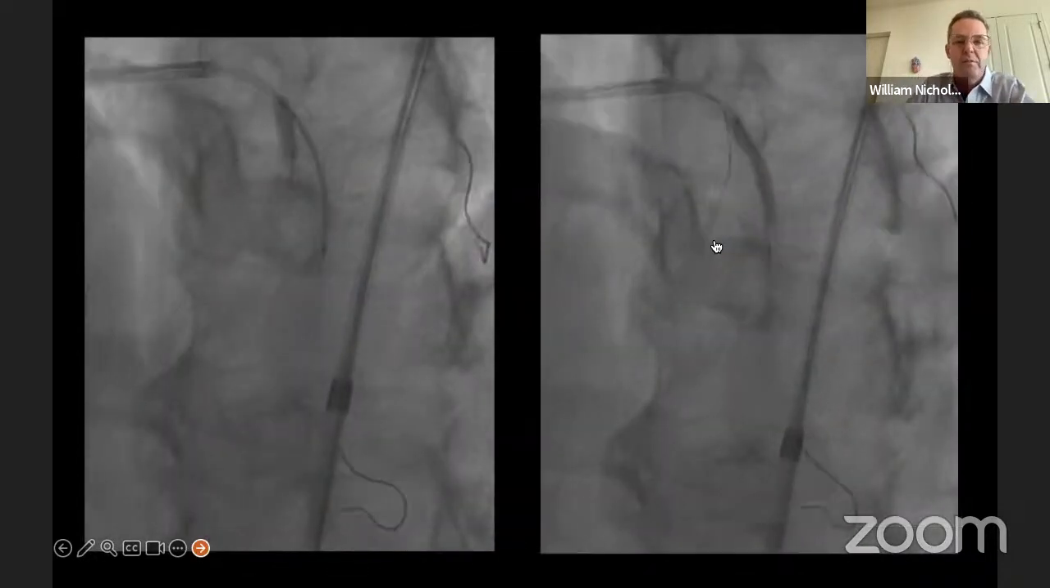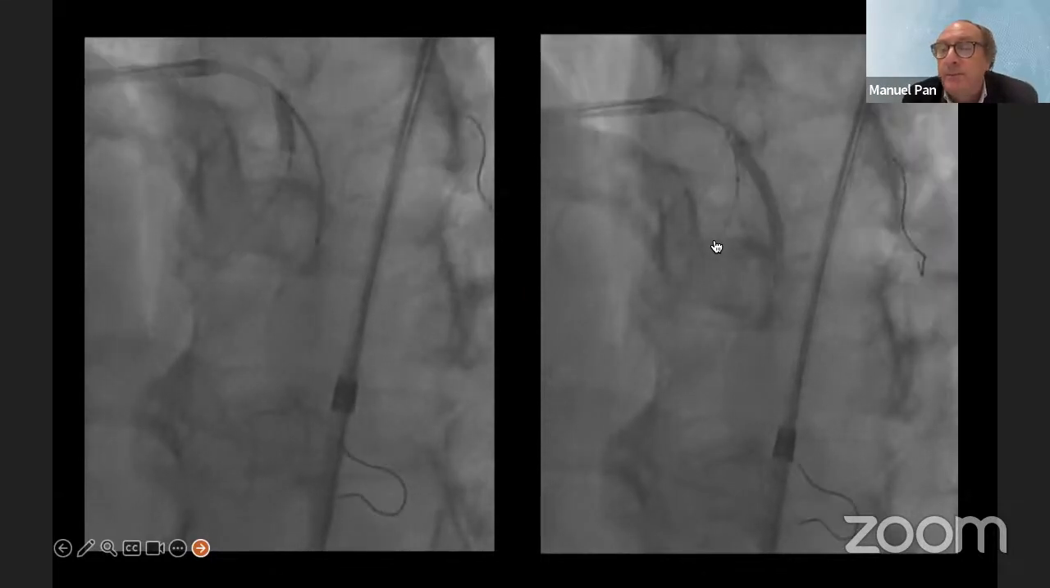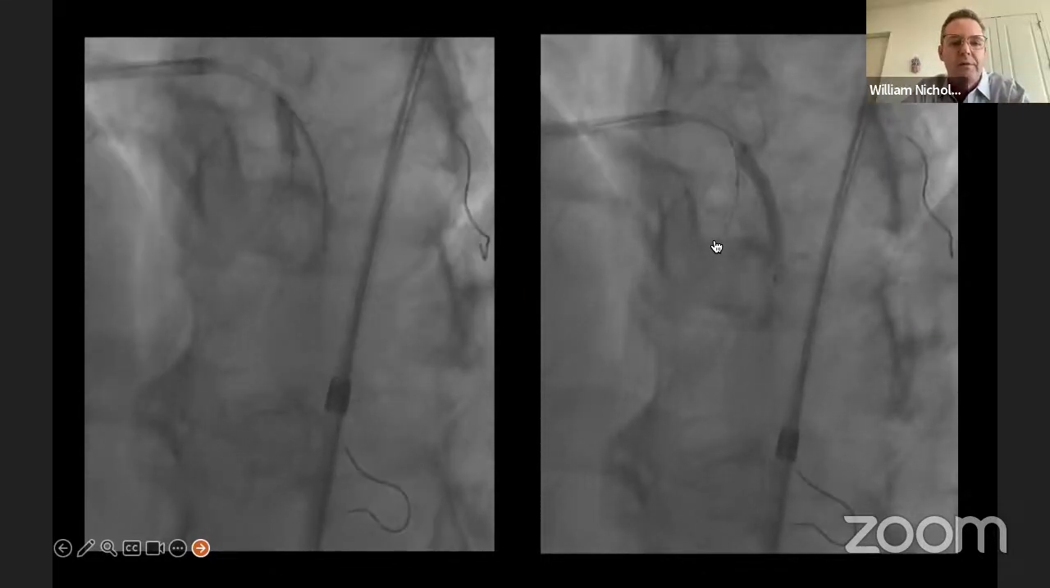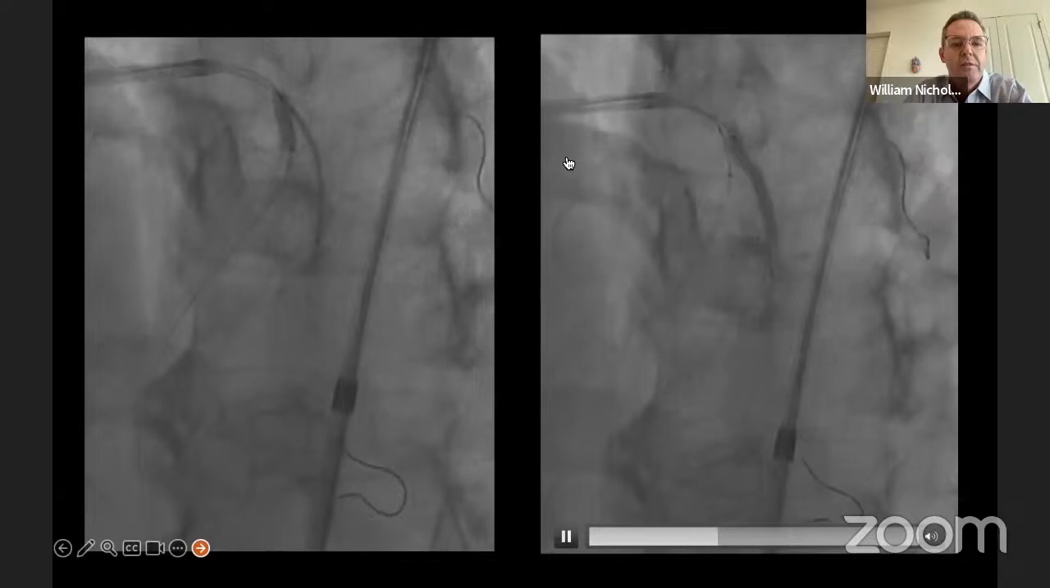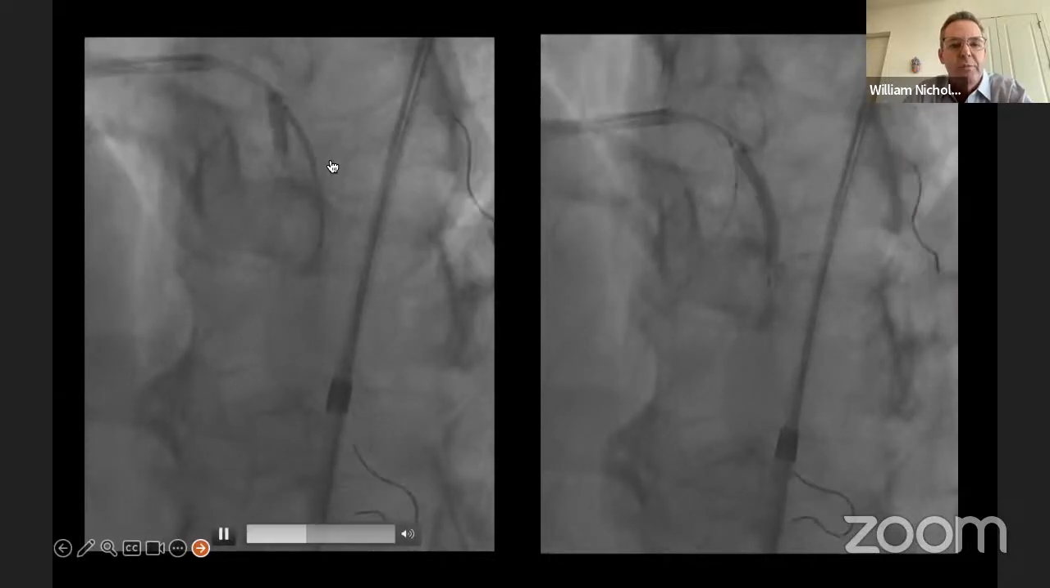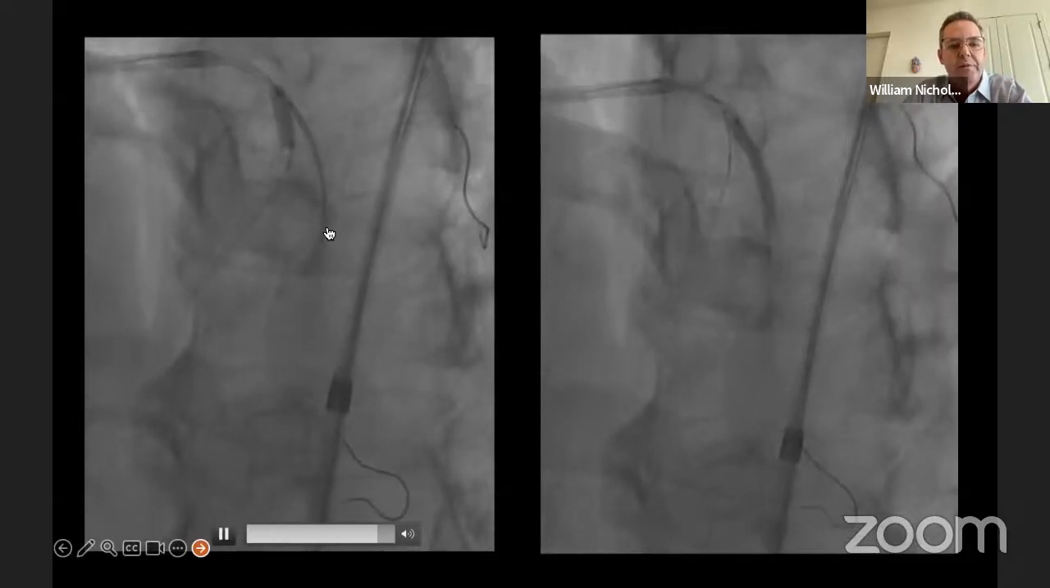So this is two kissing and two POT? Correct. Yes. And so this is what we did. We do the side branch first all the time, and this is how we're doing this. This is a side branch